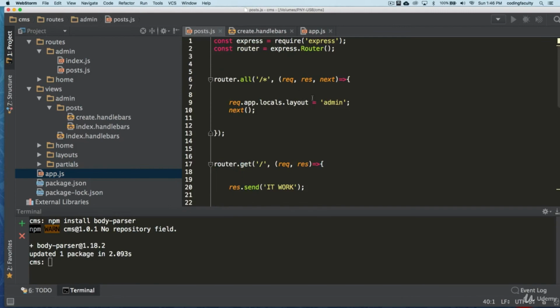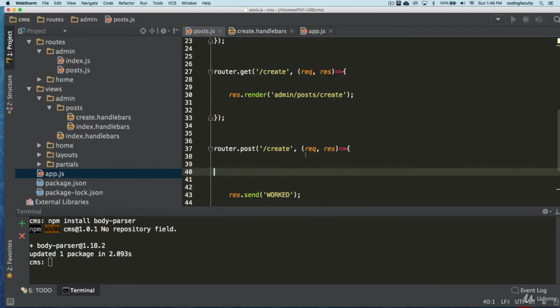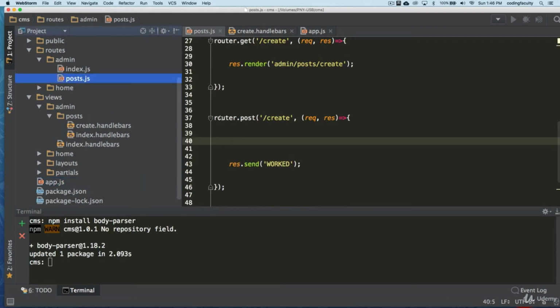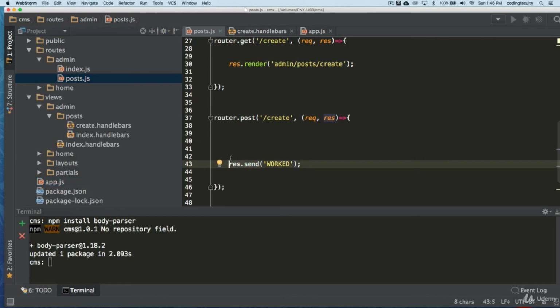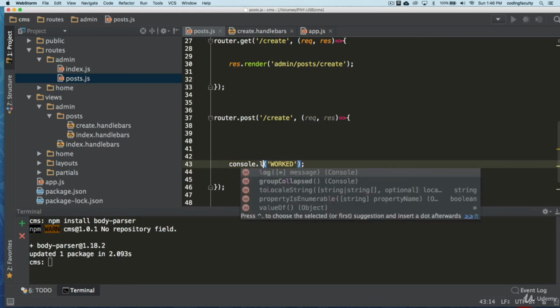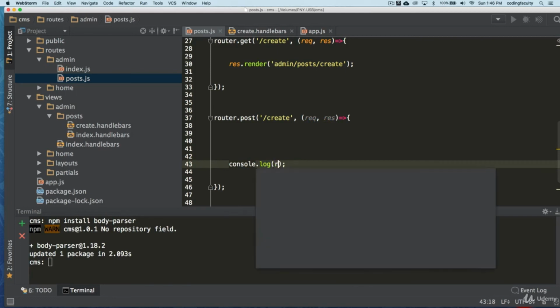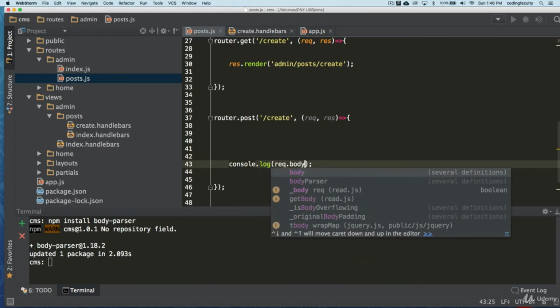So now in our post route, in post.js right here, we can do a console.log right here like this, and we can get the data from the form like this.